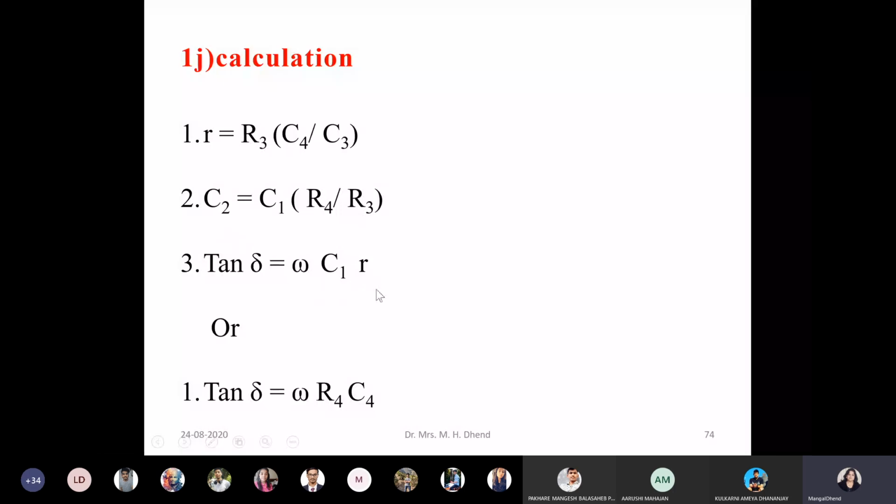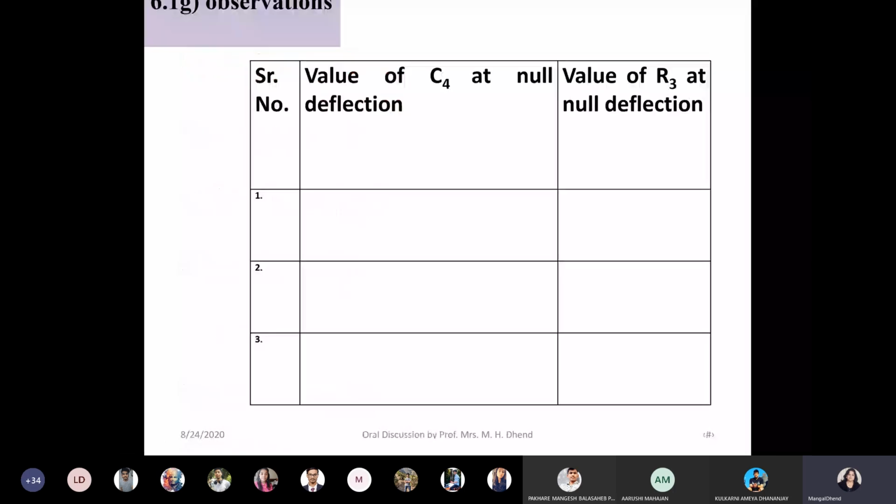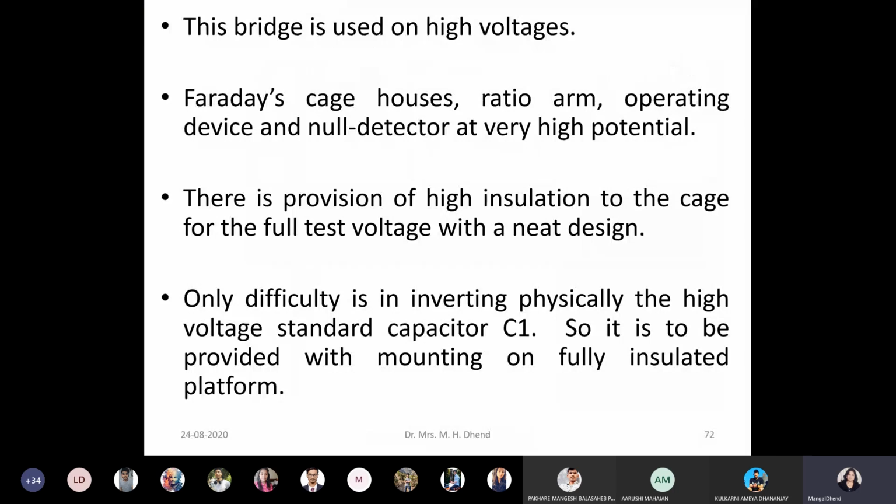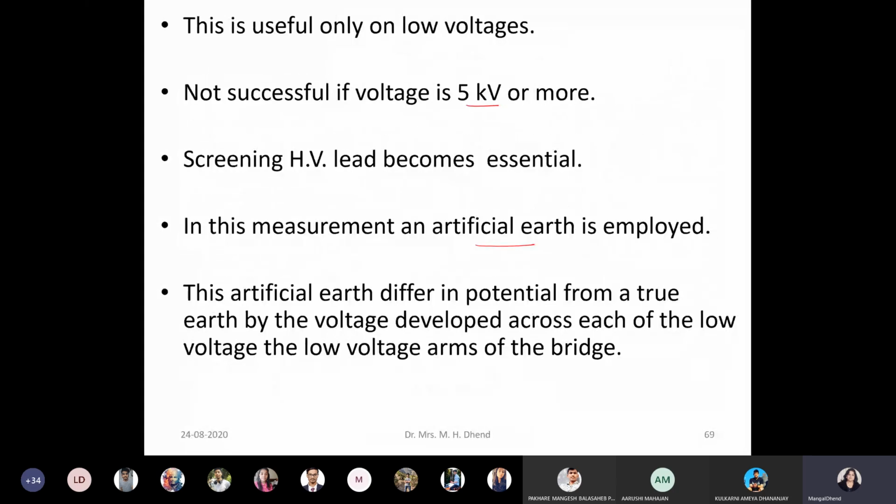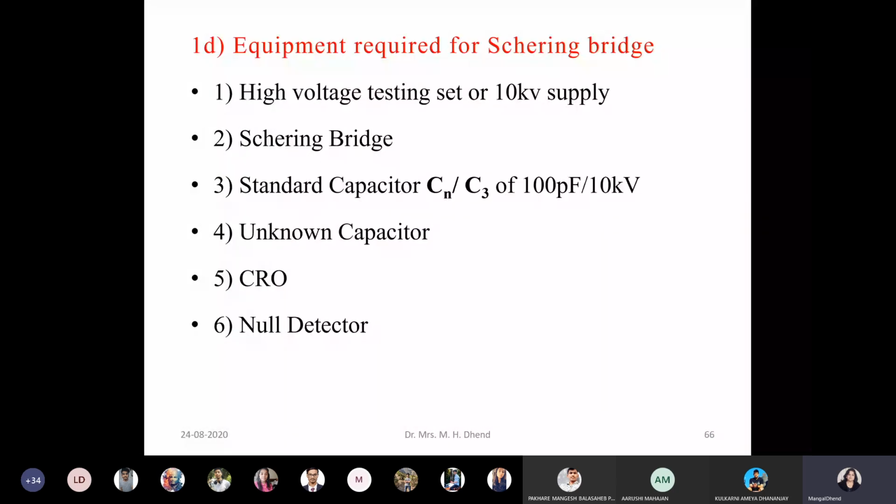Now mind you, all these formulae will depend upon your bridge. So you should not remember these formulae as they are in your brain, because if C1 changes, it may become C2, C4 like that. Which bridge you are using matters, so instead you just remember in a fashion. That is the hint I want to give. If you keep that hint in your brain, you will be able to solve any problem.